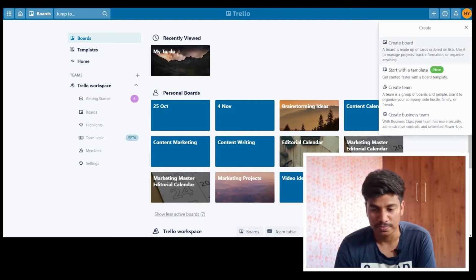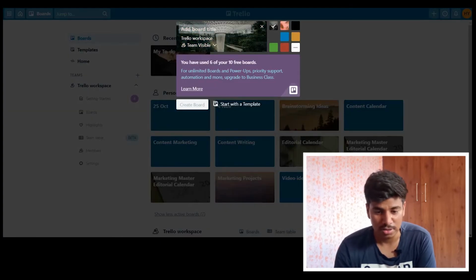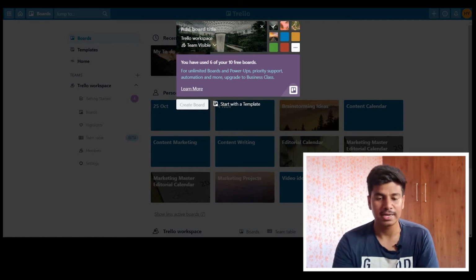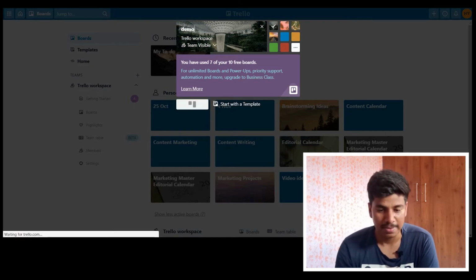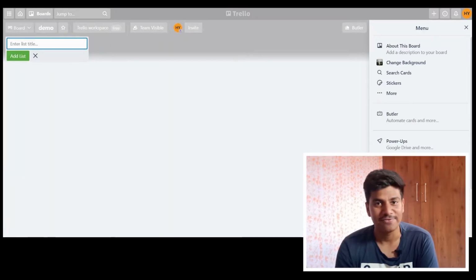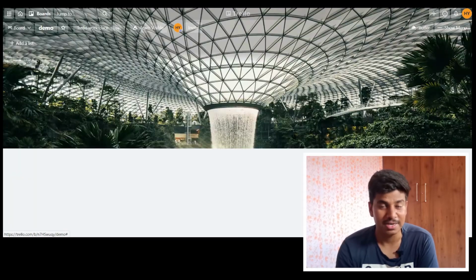So the first thing you need is a Gmail account, and all of you have one, right? So just head to trello.com, sign in using your Gmail ID, and click on the plus button, which is create a board. We'll create a new board right now. Okay, so you have to name it. For example, I am naming it as a demo. I named it. Yes, we have a new board.